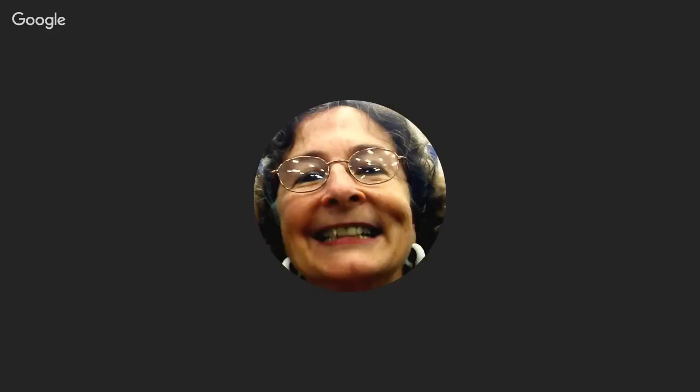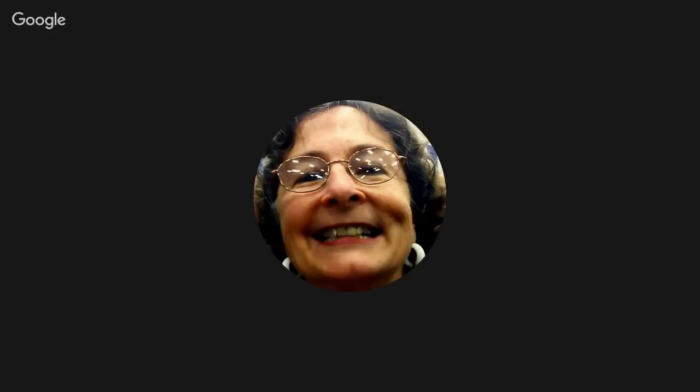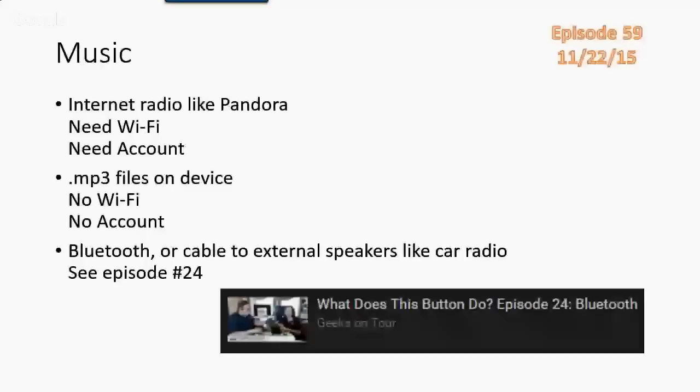Music, this was one of your favorites. Right. I really like listening to Pandora, but the speakers out of these little devices aren't that great. But you can still use the Bluetooth radio that's on there. And as long as you have a good Wi-Fi connection, you can play Pandora or any of the music streaming